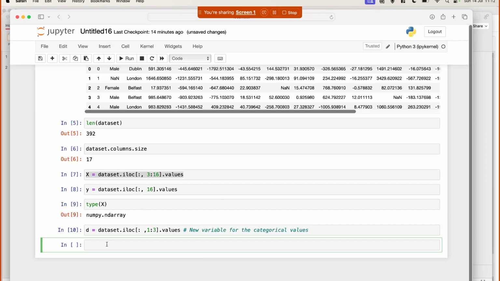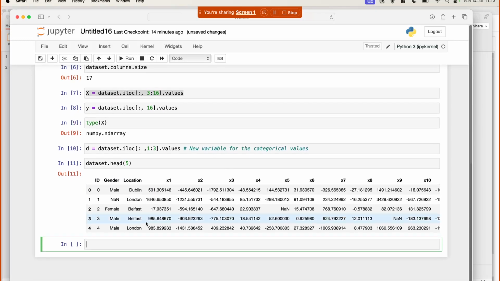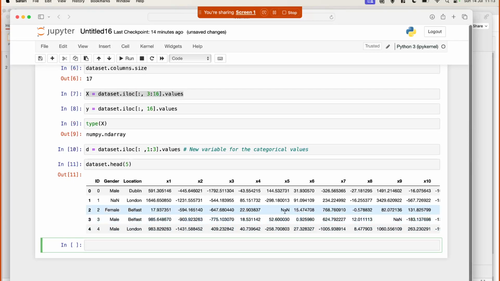So now we can visualize and see what the d looks like. Well, dataset, we can go and check the dataset now. Dataset head, we can use 5 to locate the first 5 rows, right? You see it here. As you could see, there are not a number values, none values as well. So the next step would be to get rid of that, right? So we do need to get rid of